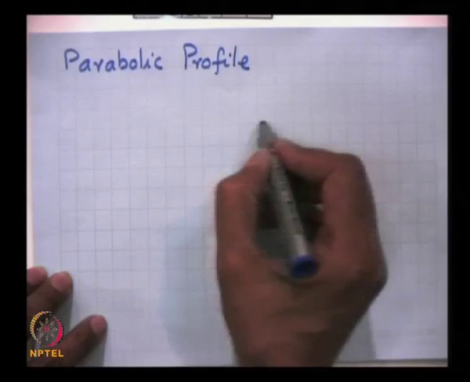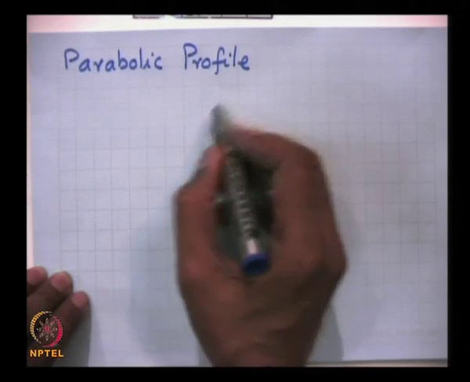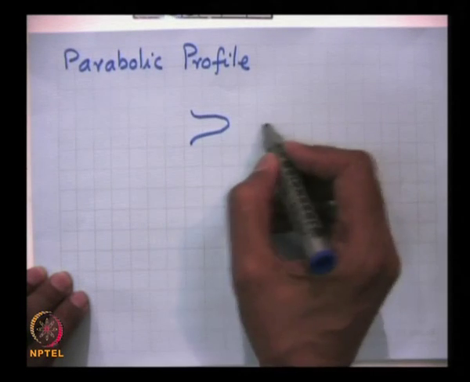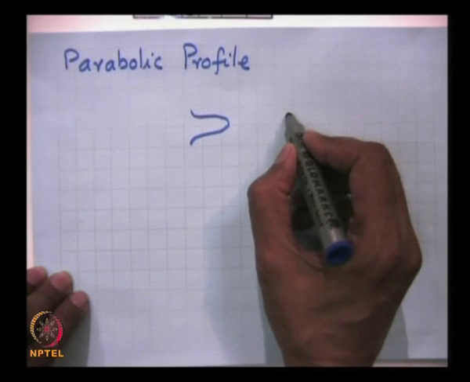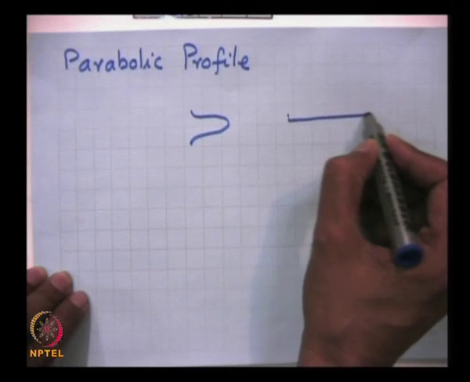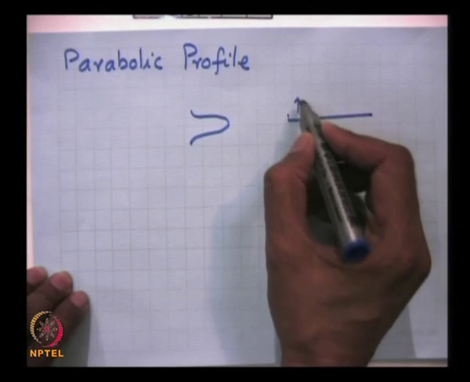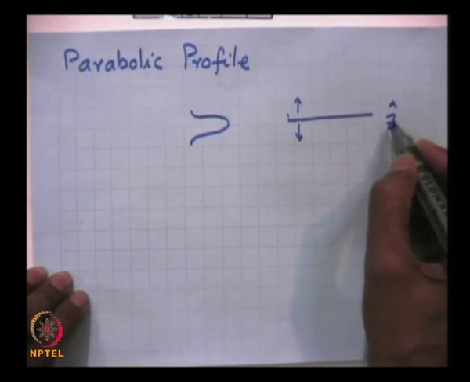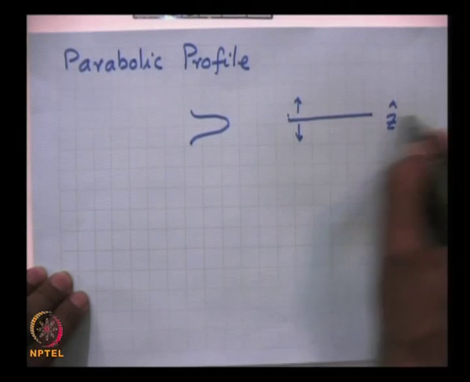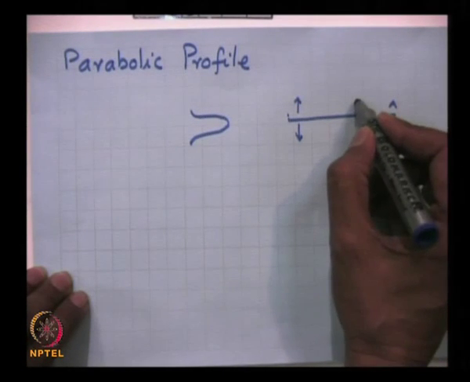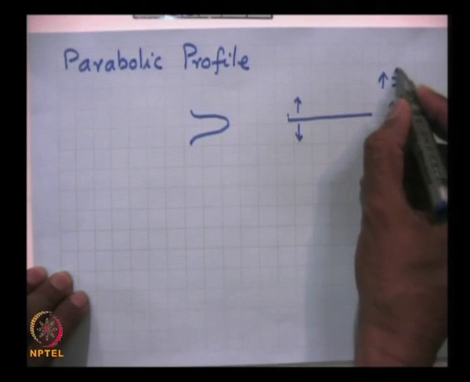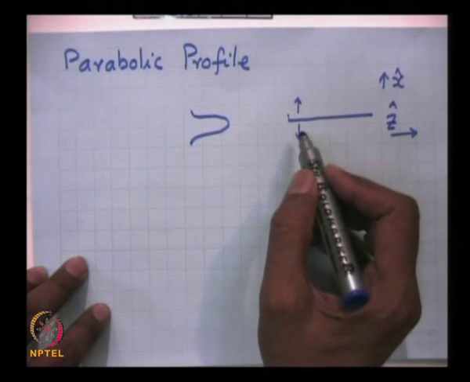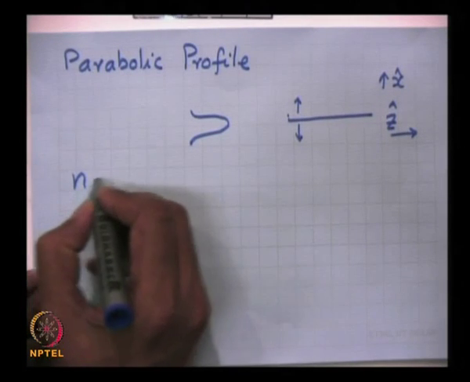Consider a gas jet target and shine a laser on it like this. This is the laser intensity variation. When the laser travels through a gas jet, it produces a plasma on the axis of the laser whose density increases in this direction as well as in this direction. This is the z axis, and I am considering a coordinate system where the x axis is here and the z axis is there. So, in this situation, density can vary with x, and the profile usually considered is